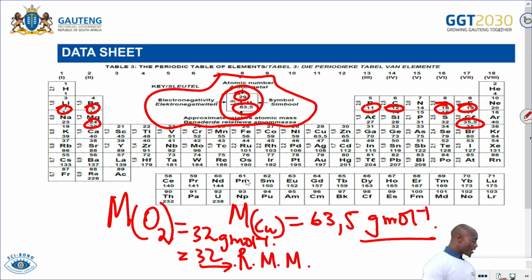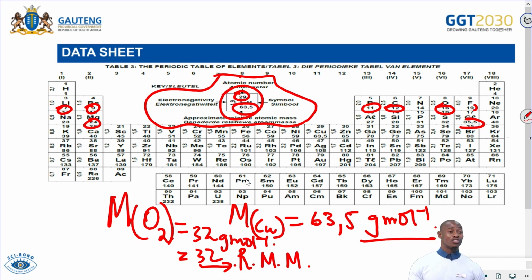Maybe another example dealing with molecules now. Relative atomic is for atoms. So a question can come and say, what is the relative atomic mass of oxygen? For an atom of oxygen, the relative atomic mass is 16, right? But relative molecular mass, for a molecule, remember O2 in nature is found as a diatomic molecule. So it will be 16 times 2. Then remember now they are talking about